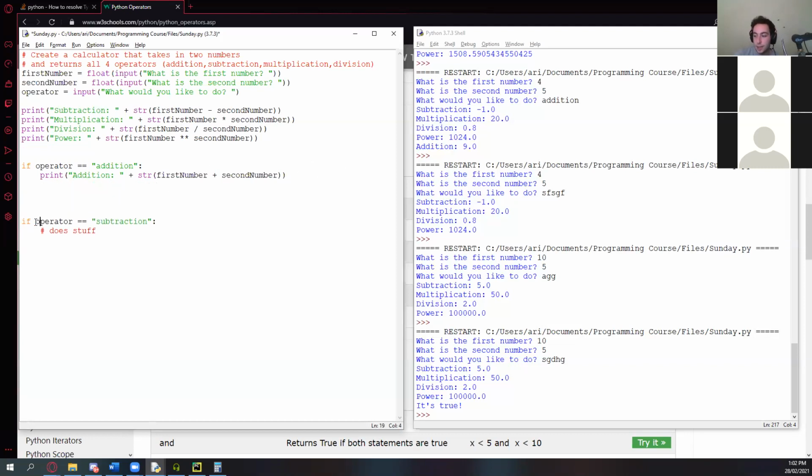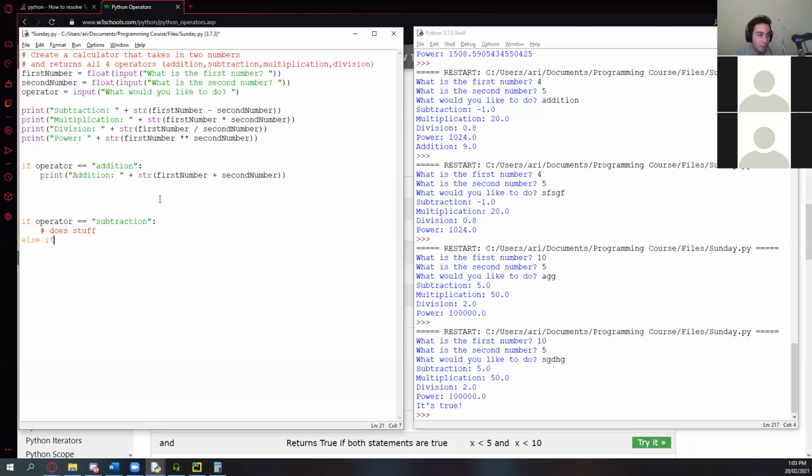If we have this first thing and it's checking if operator is equal to subtraction, it will do stuff. If it's not equal to subtraction, then we can check to see if it is something else. And the way you would instinctively write this is else if,